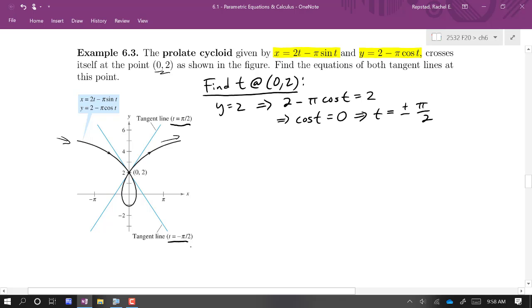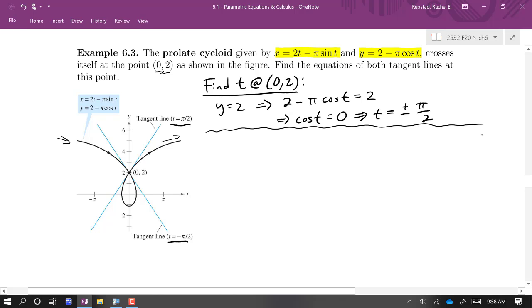Now you might be wondering, isn't cosine also 0 at 3 pi over 2 and at 7 pi over 2? That's true, but at those values, the value of x will be different. At plus and minus pi over 2, this gives us x coordinates of 0. So